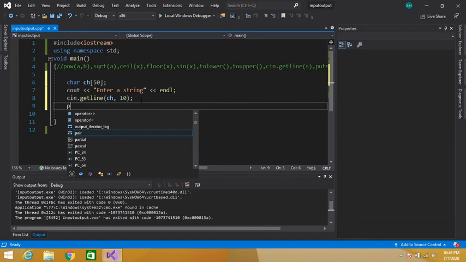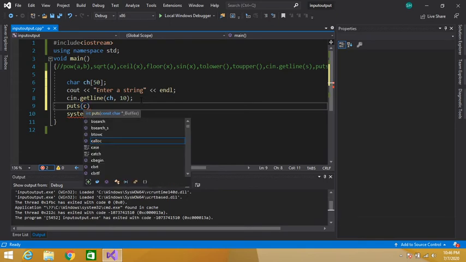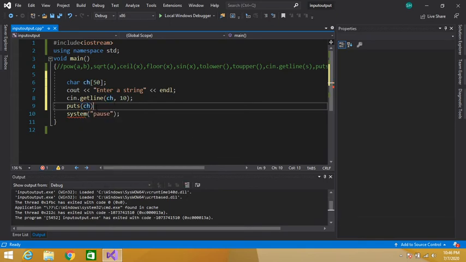And in the next line, puts, which stands for put string. It is used to display the string on the console window. So in this line we are entering a string in this character array, and here we are displaying that string.